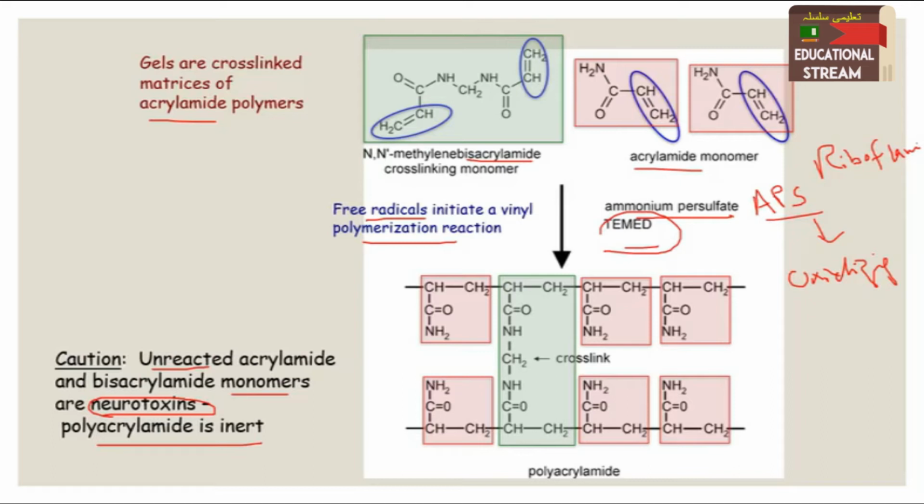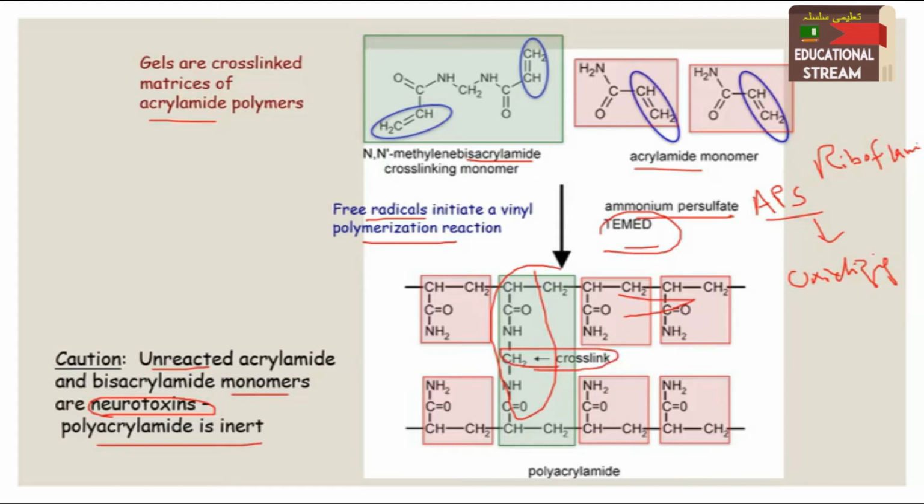So here you can see the structure of the bisacrylamide, and here it is acrylamide, and these are the acrylamides which become linked to one another with the help of this cross-linker. You can see these two acrylamide monomers combine with a cross-linker and more acrylamide, and this is the bisacrylamide molecule, and it is acting as a cross-linker. It is cross-linking all the acrylamide molecules. As you can see, this CH2 and NH and NH, double bond over CH, CH2.